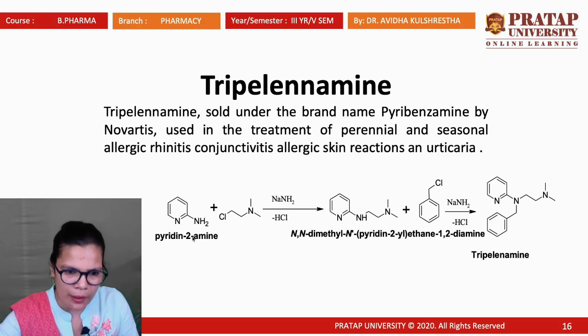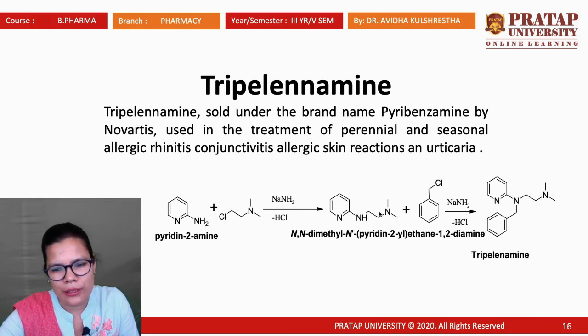Both take place in a combination reaction in which HCl is removed and this NH bond forms. So this primary amine is converted into a secondary amine here, and that reaction is again with sodamide. This addition product forms, and it again interacts with benzyl chloride, this hydrogen interacting with this chlorine, and the substitution takes place here. So tripelennamine is a drug which is also a 2-step process. In both steps, just HCl is removed, in a basic medium.